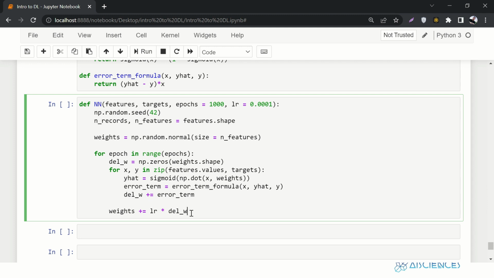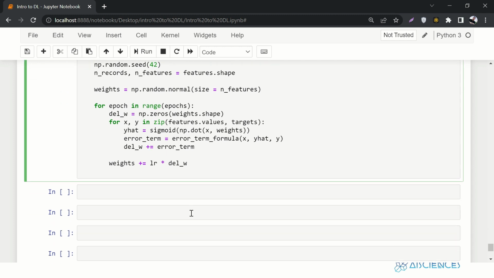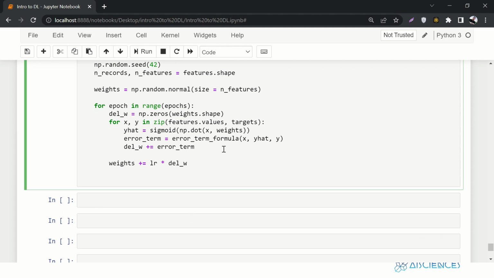Since we are dealing with just one neuron, that's why it looks very simple, right? When we'll be working with deep neural networks, it will not be very difficult, but it will neither be this simple. Okay, so now, just for the sake of printing some statements, here we'll say for epochs, so we want to print results after, let's say, every 10% of iterations,